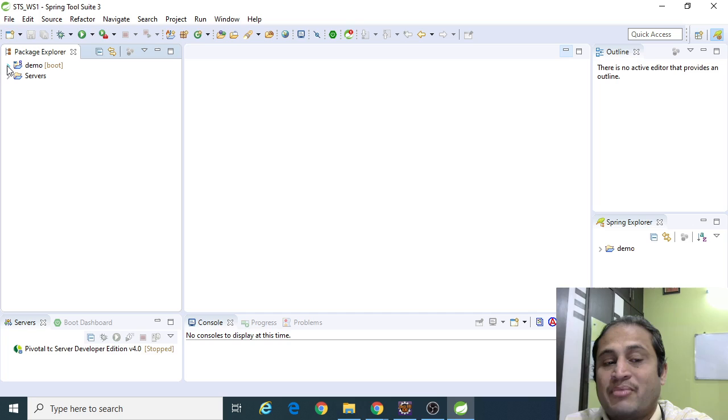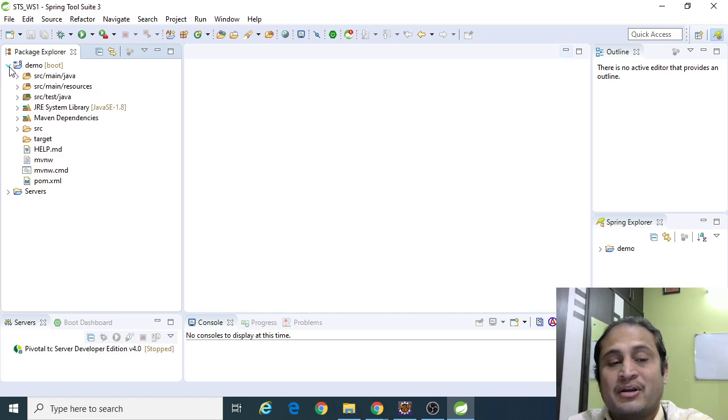Basically, it creates a Maven project only. Okay. So this is another way of creating Spring Boot. You need not go to a website and download the jar file. It would automatically download for you.